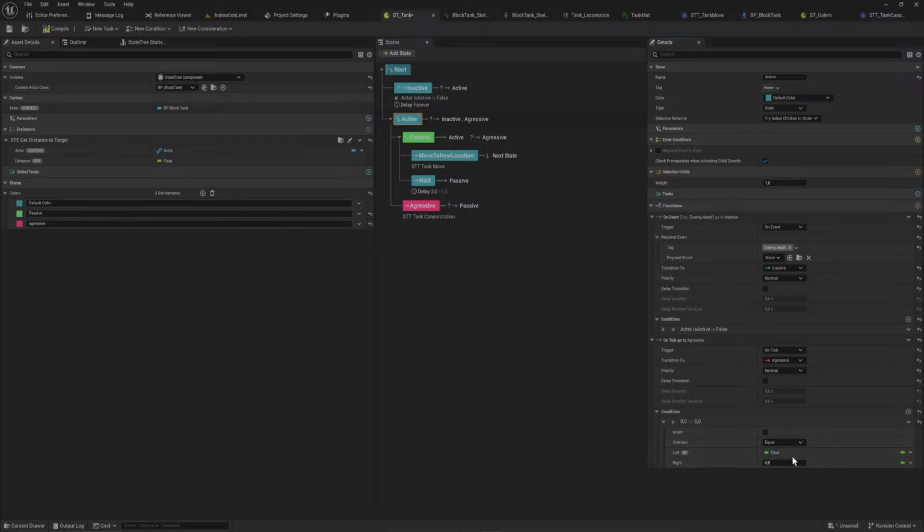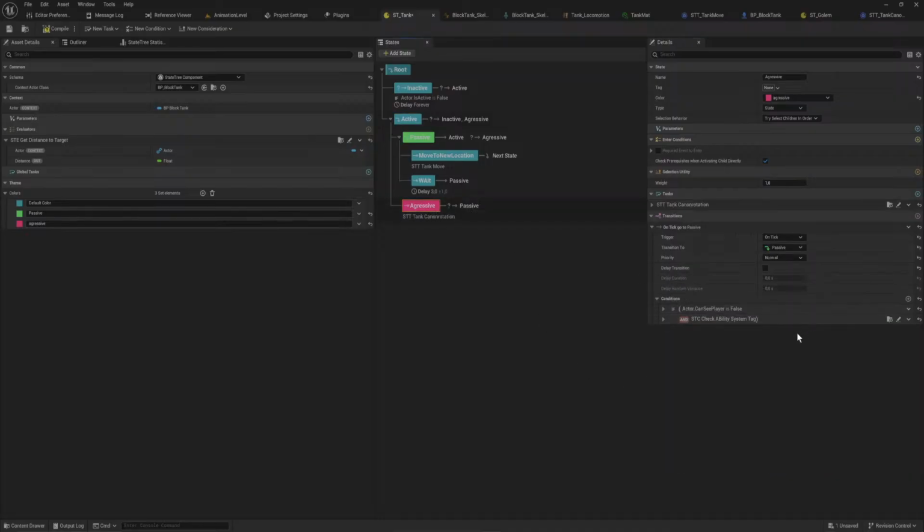So let's say if this is less than, I don't know, 1,000, let's say 1,500 units. We do that on tick. It's not fantastic, but sure. We go to aggressive, and then I guess aggressive we